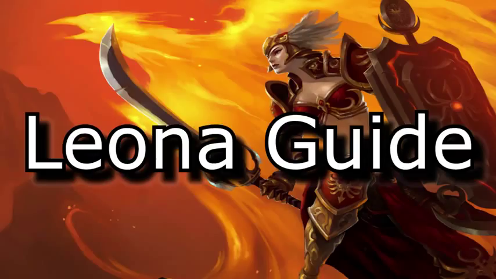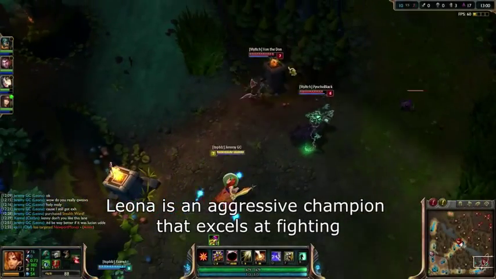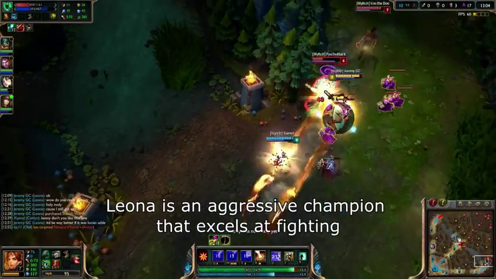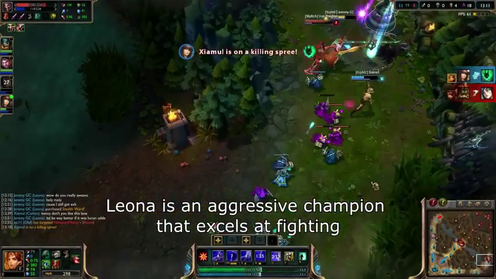I've been playing this guide for quite a while, and as Leona is my favorite champion as well as pretty much my best champion, this should hopefully be an awesome guide. Let's get started. Leona is a very aggressive support champion. She scales very well with gold because she can become ridiculously tanky. The Season 4 patch gave Leona an absolutely huge buff, and she's definitely one of the best supports for carrying